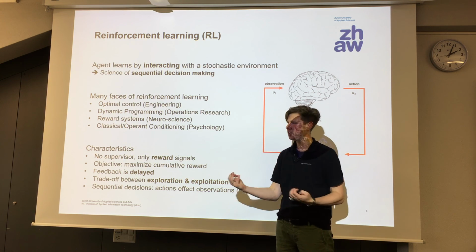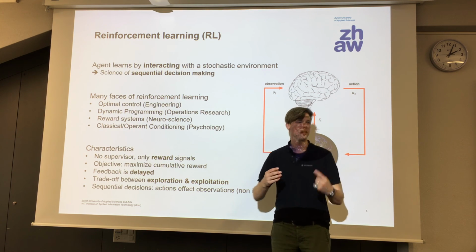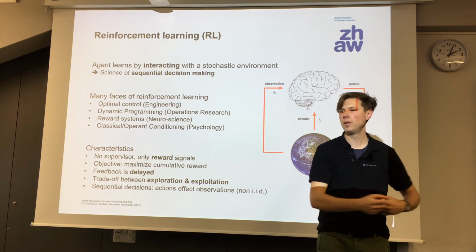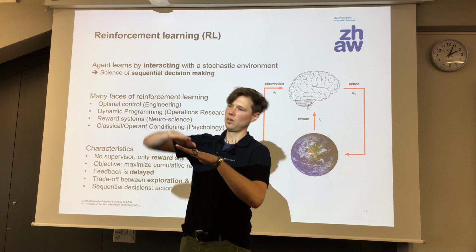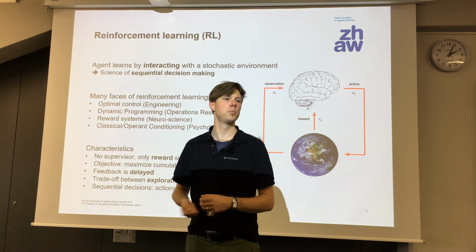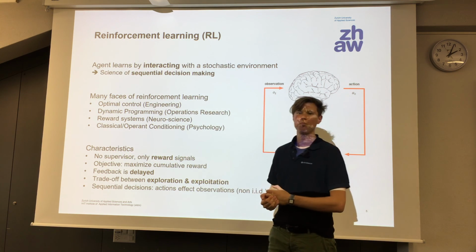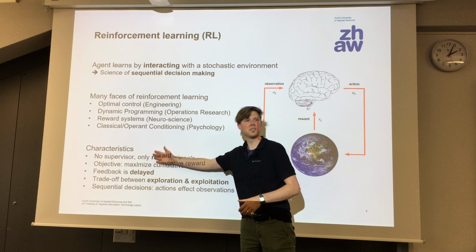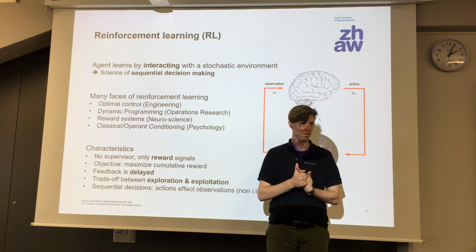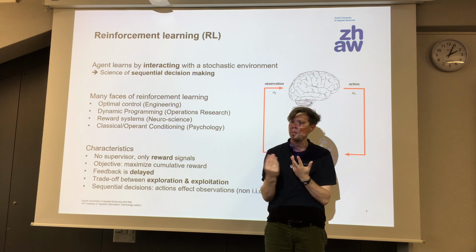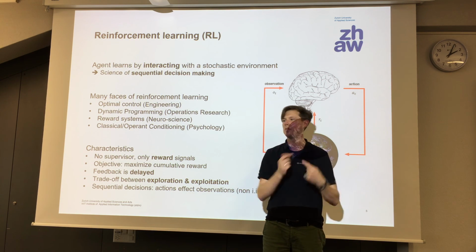He can just learn by interaction. He has to explore new things and at the same time exploit what he has already learned in order to rise in performance, not just act randomly. So just by these characteristics, you can see it differs a lot from supervised learning and unsupervised learning in the way the feedback and the learning process is designed.